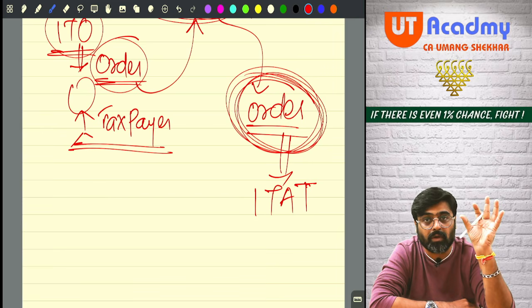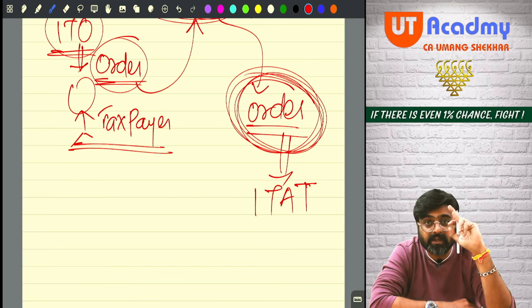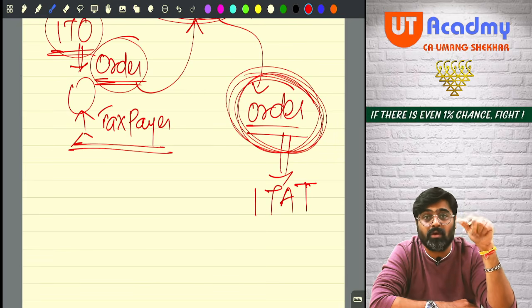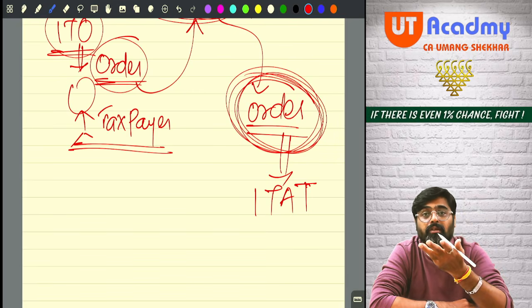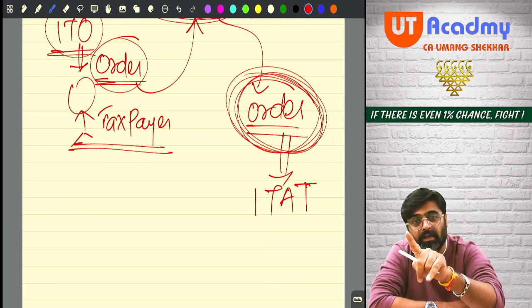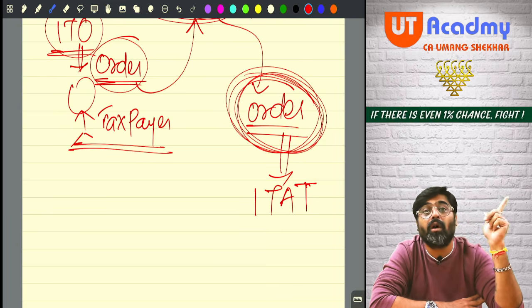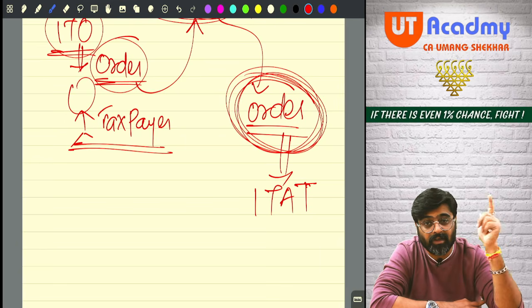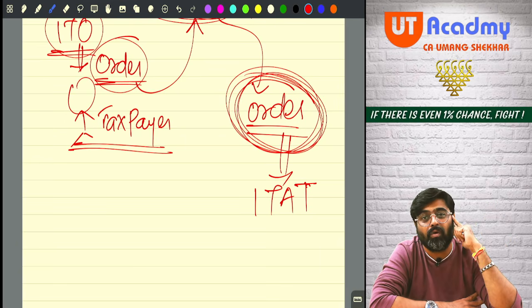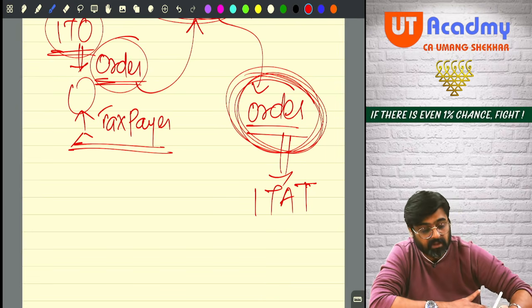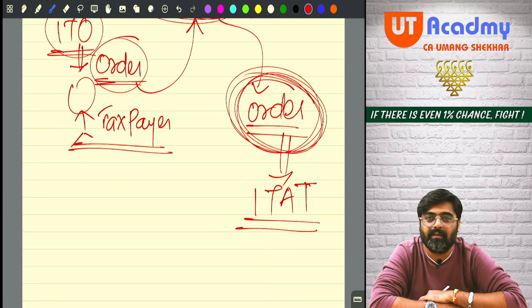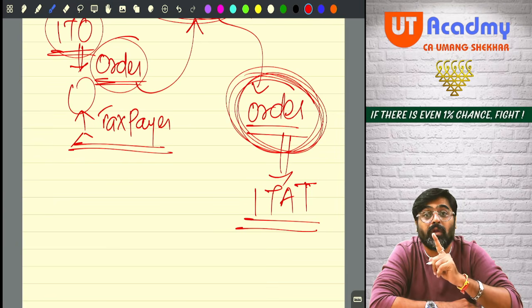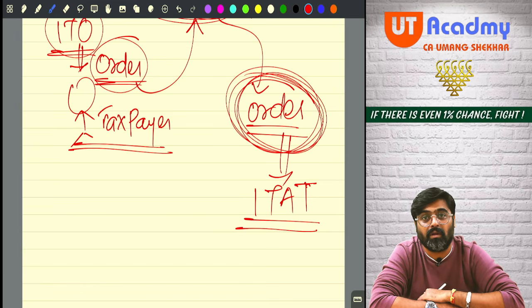This is a special court in every district. And what is the purpose of this court? Hearing income tax related matters. That's it. No other case is heard in this court. Only income tax matters are heard in this court. And you know, as a chartered accountant, you can represent your client till ITAT. You can go and fight the case for your client in the Income Tax Appellate Tribunal.